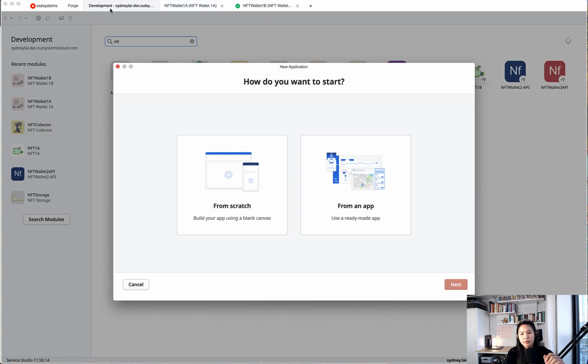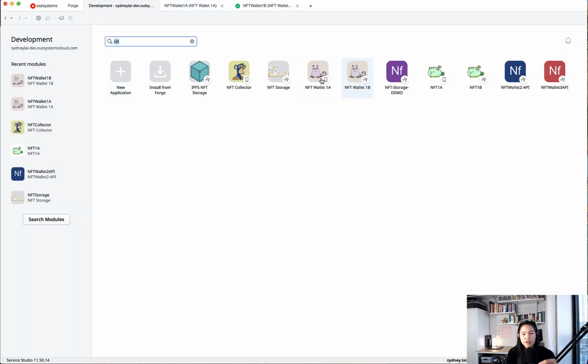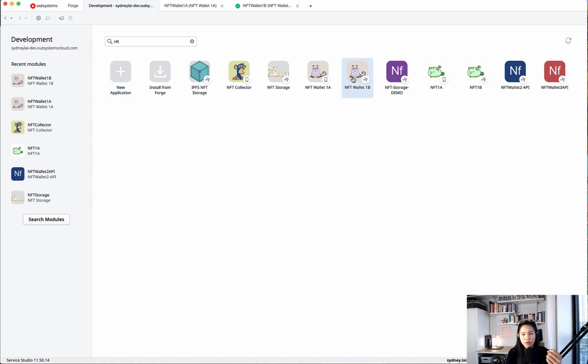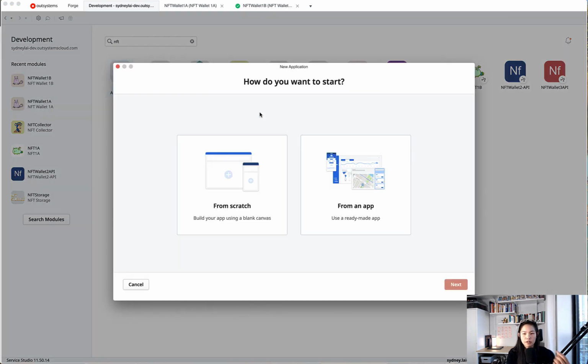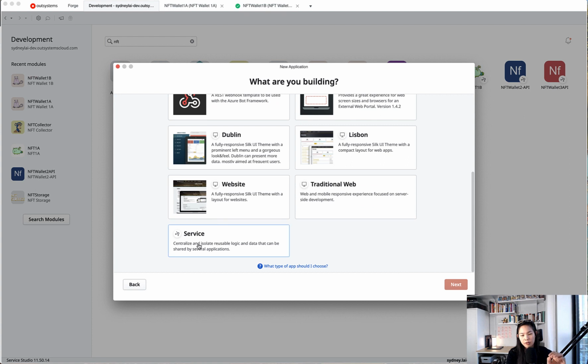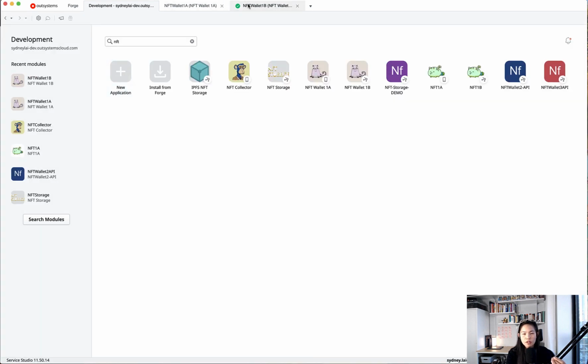And what you're going to do is when you get started, you can create the application from scratch. So you can see here I've created an application, and then once you've created the application, you also want to create a wrapped API, or what we call a Forge component. And once you want to create a Forge component, if you see in the documentation, what it's going to have you do is, unlike the first one, which is the phone app, the second one, you're going to create a service specifically. Once you've created the service,